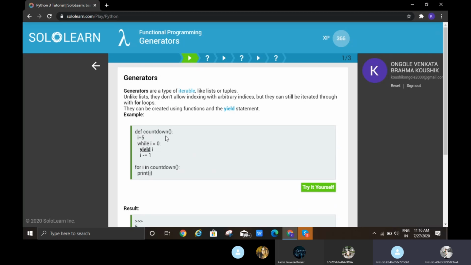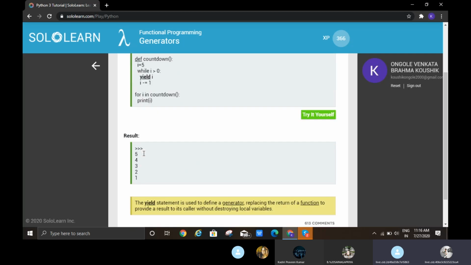Here, def countdown: i = 5, while i is greater than 0, yield i. It means it prints 5 to 1 in reverse order: 5, 4, 3, 2, 1.